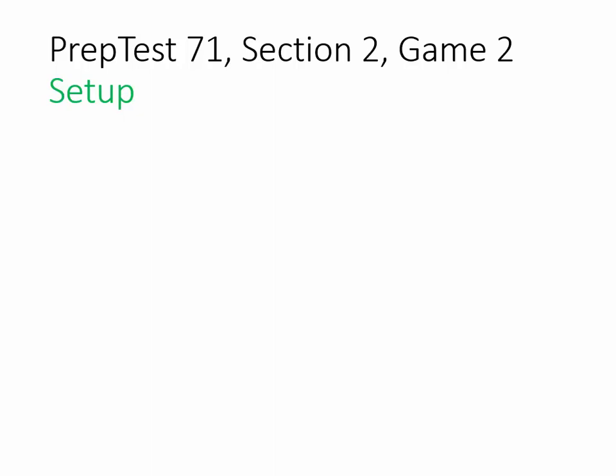Prep Test 71, game number 2. In this game, we have 7 job applicants who are applying and having their applications reviewed by 4 human resource officers. So we have our applicants, F, G, H, I, K, L, and M, and our reviewing officers, R, S,